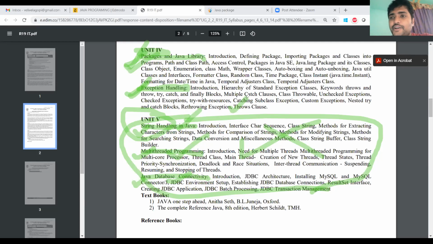Then you have to write your own logic, your own classes, your own methods. Then you have to create the necessary objects to access those things, and decide whether to give public, private, or protected.